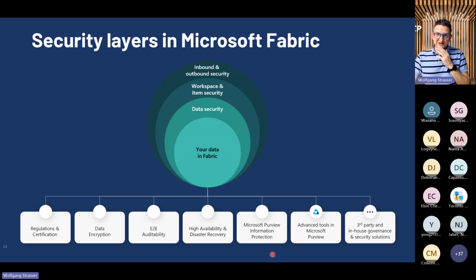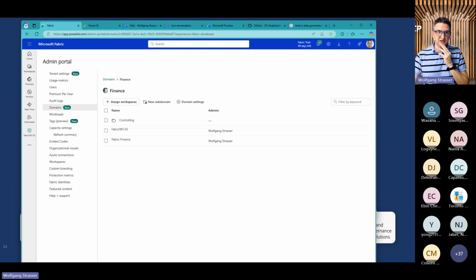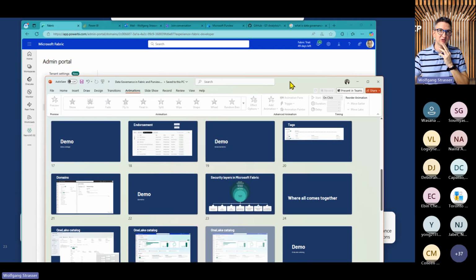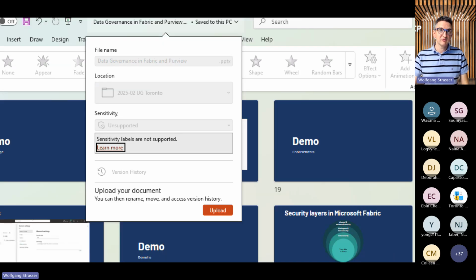And when talking about information protection, I'm going to show you something. Maybe in your company you've got the sensitivity labels in place. I'm going to move that one over here. In my environment, it's not enabled.